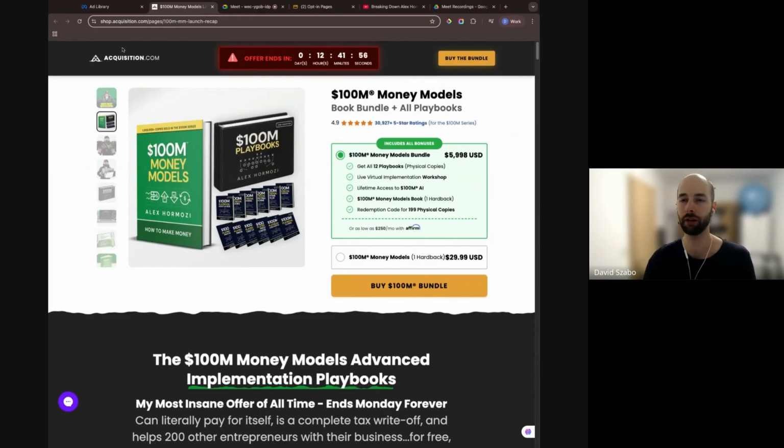The key element here is the banner, and it's quite difficult to miss this big red countdown timer. This really creates urgency for people who are on the fence on whether they should take action today or tomorrow. So you only have 12 hours left. After that, you cannot buy this thing. So this really increases sales page conversions. If you don't have it, then I recommend having some sort of urgency